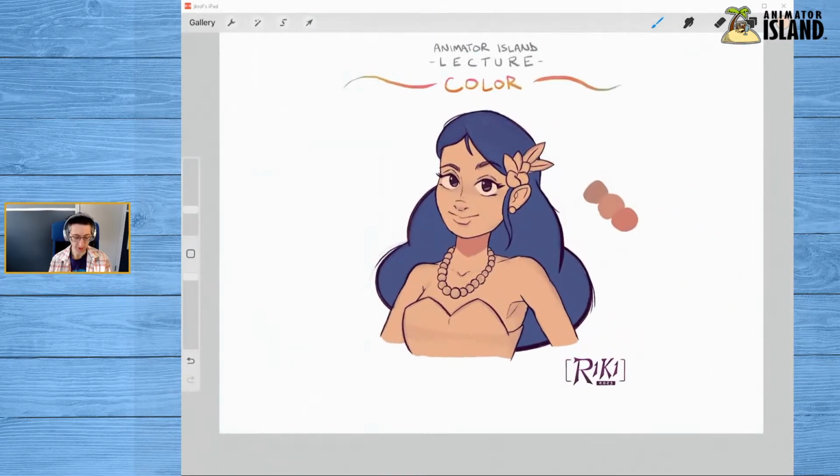When we zoom out here, suddenly those eyes read as more white than they did when we were really zoomed in. But this is the color right here that we used. It's not white. And that's because color is extremely relative. Whatever's around it changes that color. And you may see a lot of things related to that online. It's really good to know about that. And that's another reason that I like this method of changing saturation and hue after the fact, because then you can see the color next to the other color and see how it plays.